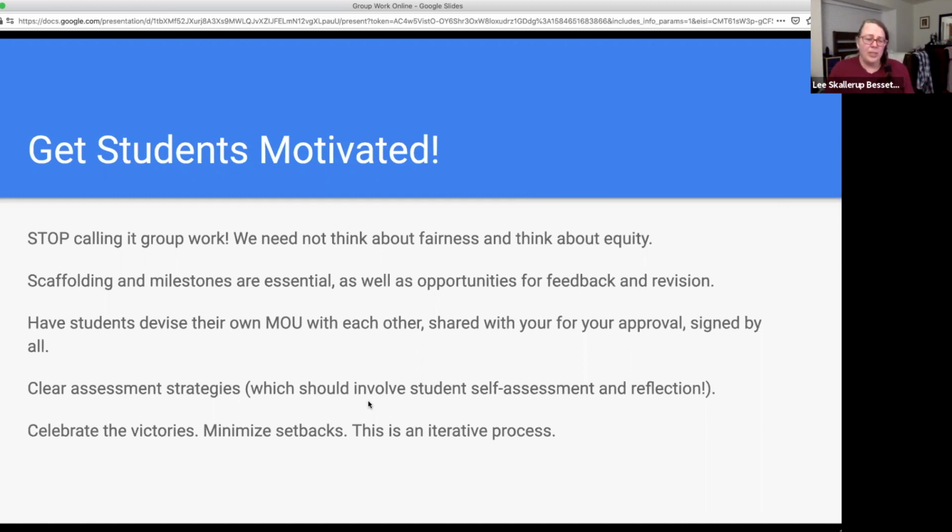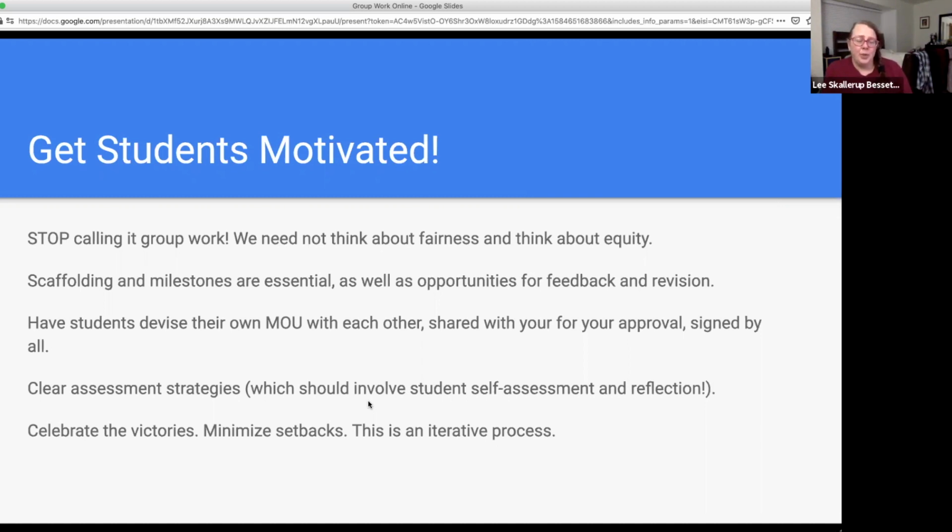And so how are we reaching out? How are we giving them opportunities to peer review with each other, and for you to give feedback to them? And what are those milestones along the way? So the students aren't just thinking, oh gosh, in 6 weeks I have to produce X. Instead, you're going to produce X, but along the way, every week, we're going to do a little piece and a little piece and a little piece, so that by the time we get 6 weeks from now, we just have to pull it all together.